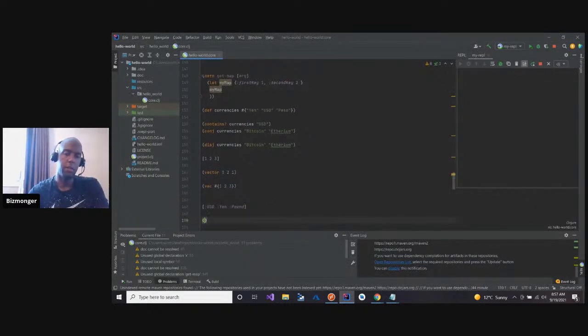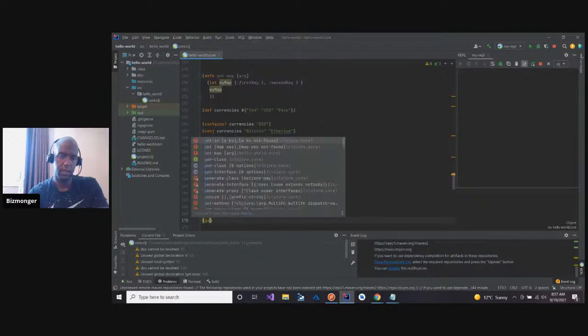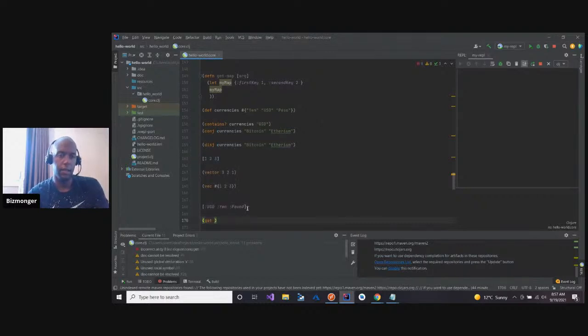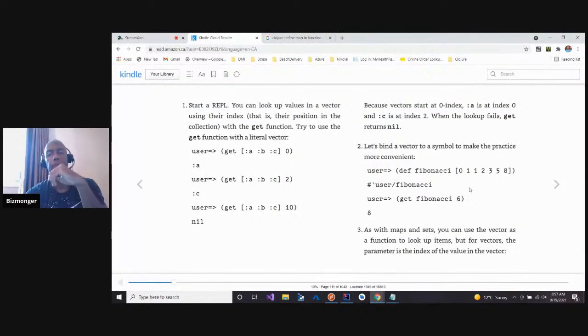So theoretically, if this is the vector, I should be able to say get 1, and it should return me yen. As with maps and such, you can use the vector as a function to look up items, but for vectors, the parameter is the index of the value in the vector.